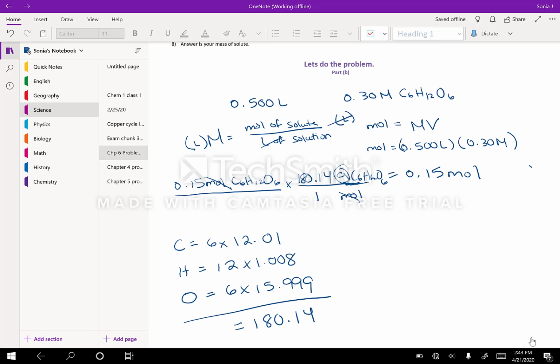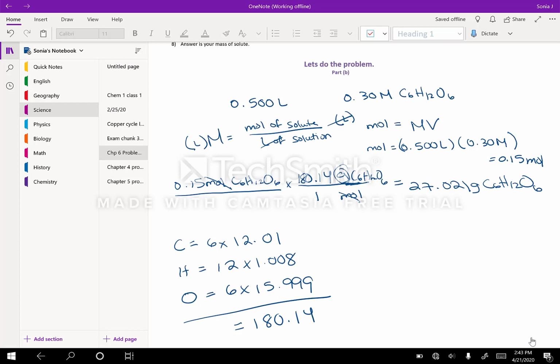I'm sorry if this is a little confusing right here. So when we do this computation, we multiply 0.15 by 180.14, and we get 27.021 grams of